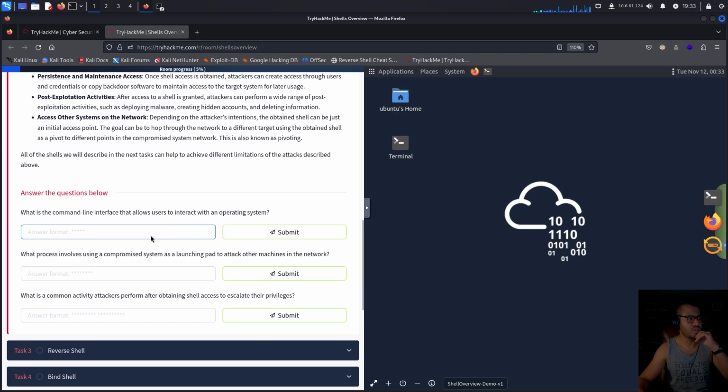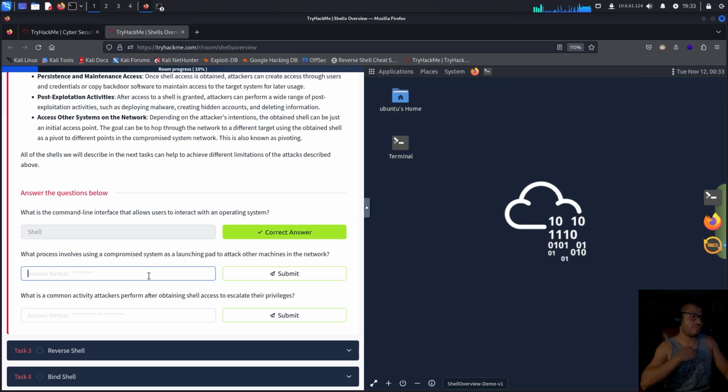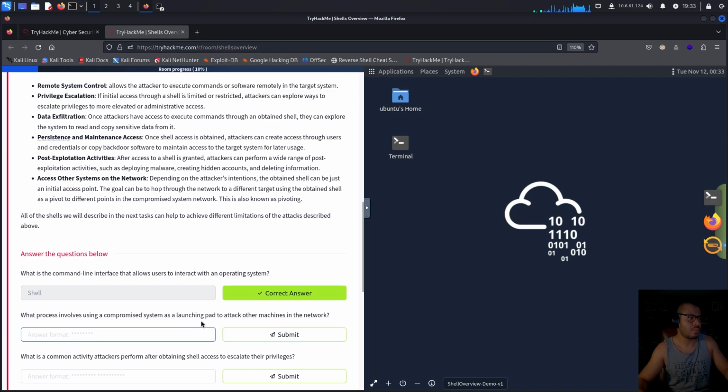That would be a shell. Okay, what process involves using a compromised system as a launching pad to attack other machines in the network? What process? Using a compromised system as a launching pad to attack other machines in the network. That would be,